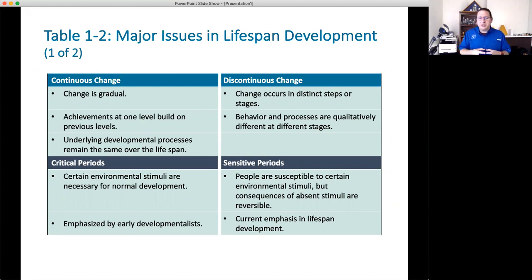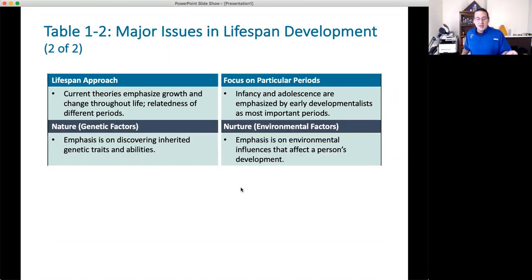So that's kind of what we do in the school systems, is science has shown that language is far more difficult to gain in adulthood than it is in early childhood. So that's the reason for that. I thought that would be an example of a sensitive period, where it's not impossible for somebody to learn a second language. It's just going to be significantly harder based on the brain development. Okay.